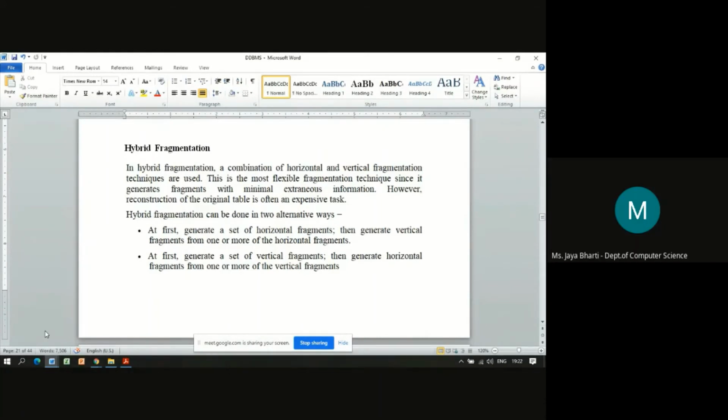Or another one: at first generate a set of vertical fragments, then generate horizontal fragments from one or more of the vertical fragments. That is, do it in reverse: first you start with the vertical fragmentation of the database, and then on each fragment you apply the horizontal fragmentation. As per the need, you can choose any of the alternatives.